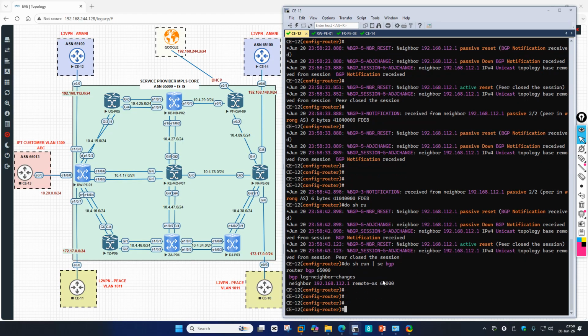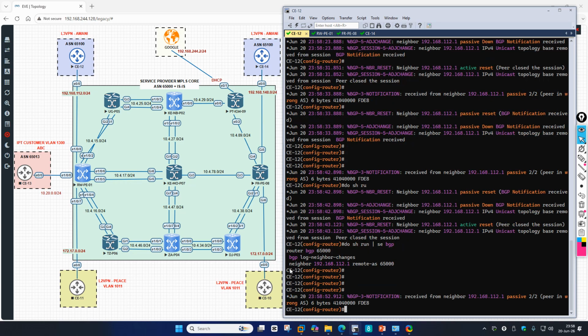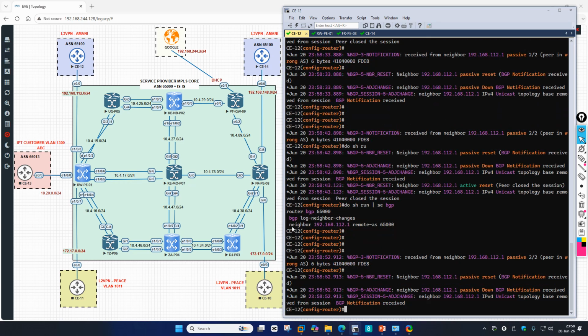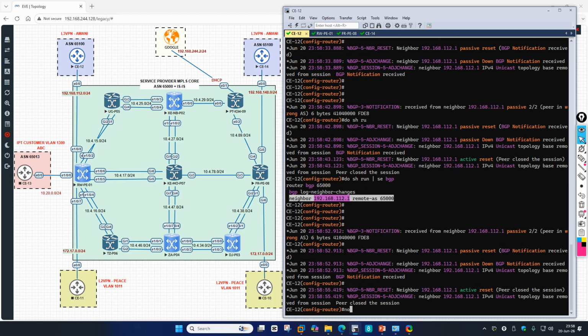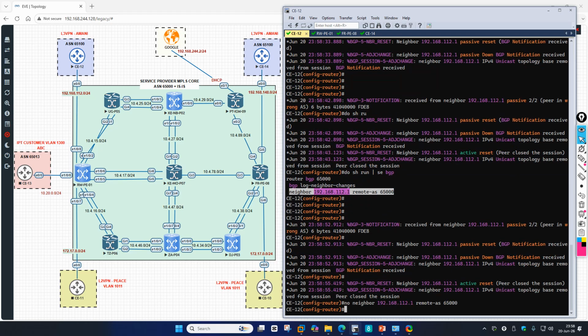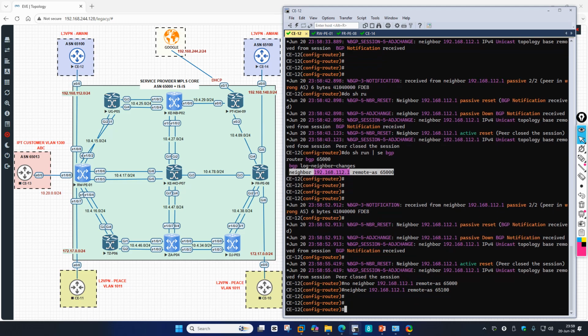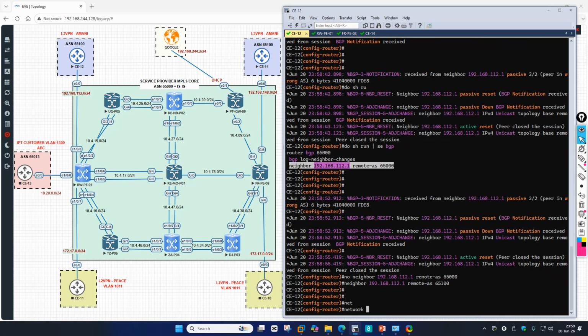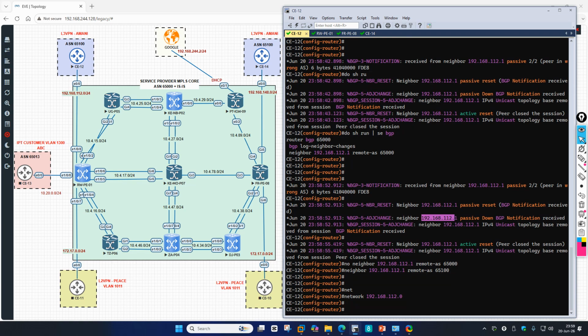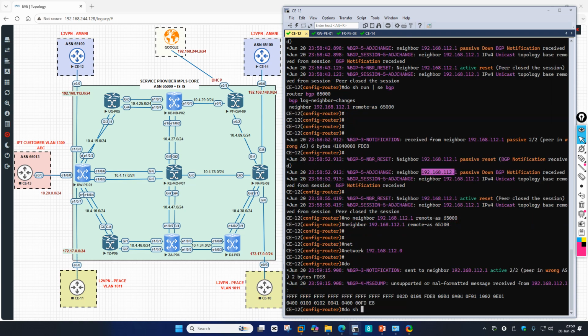Aha, we gave the wrong command. So let's remove this. It's supposed to be, let's give this as the command. Now it should come up. So network. The network we're advertising is this particular network here, .0. And then to show